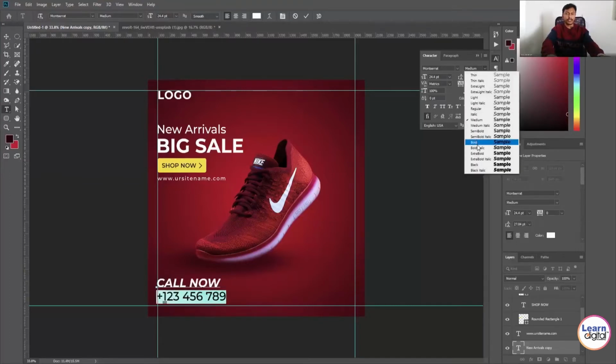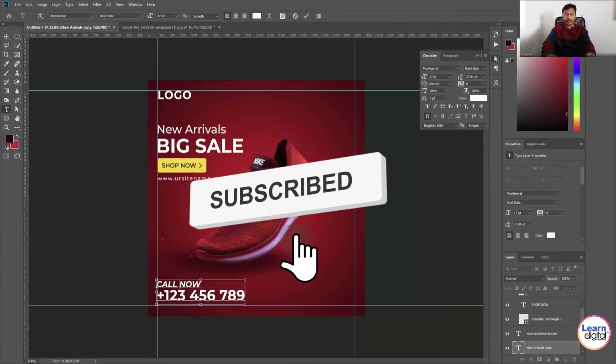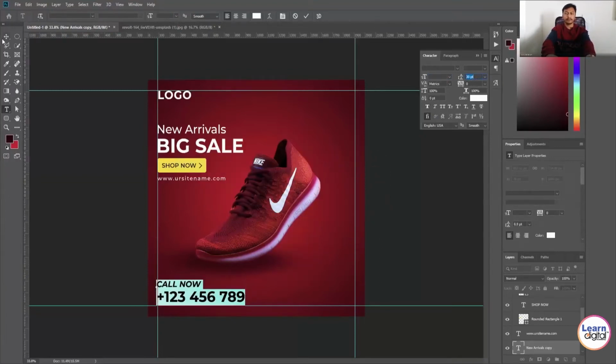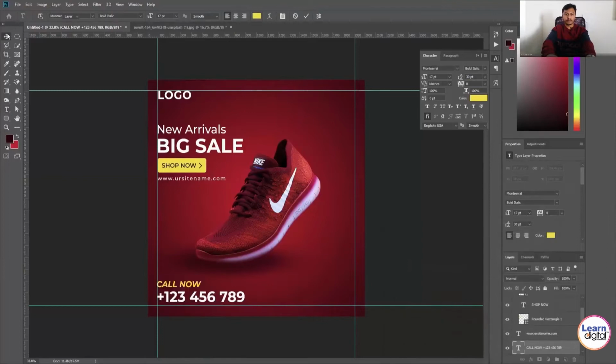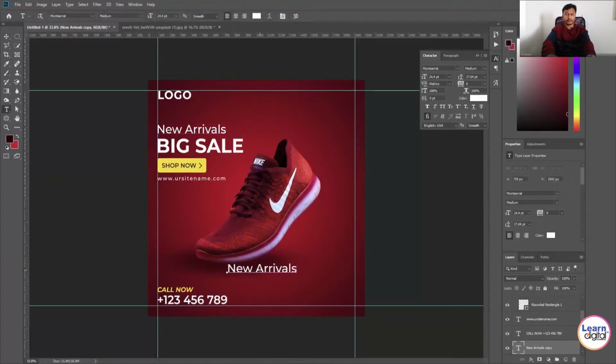So you can change the colors of each and every individual thing. Now you can see I have given a space where you want to place a logo, call details, shop now, your website, a product, each and every individual thing is already placed.